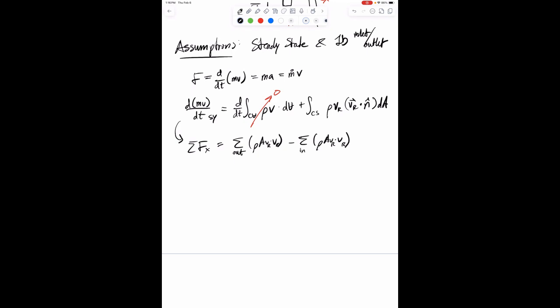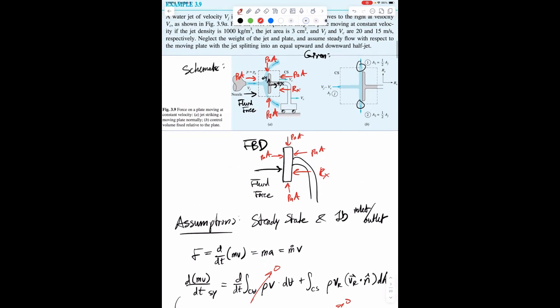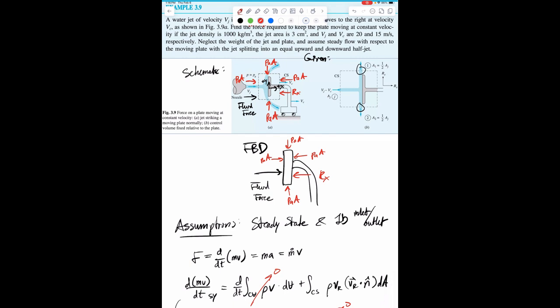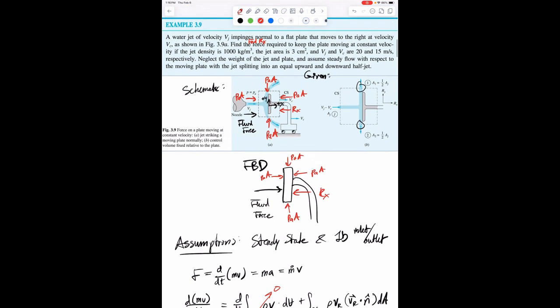So before I go on, remember, our inlets are y components. We're going to ignore them. So this V_R term, we have V_J. V_J is the speed of the jet. We have V_C. V_C is the speed of the cart as it rolls along at a constant velocity. In your equation sheet, you'll see that when you work with Reynolds transport theorem, we work with V_R. V_R refers to what? I think it's resultant velocity. I need to double check, but